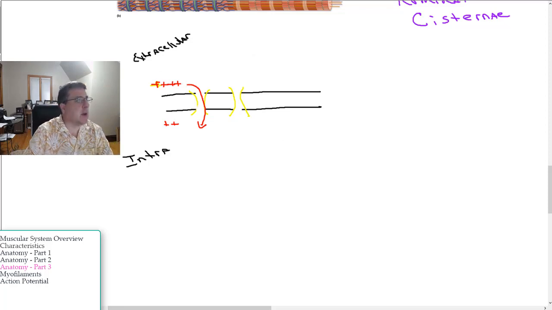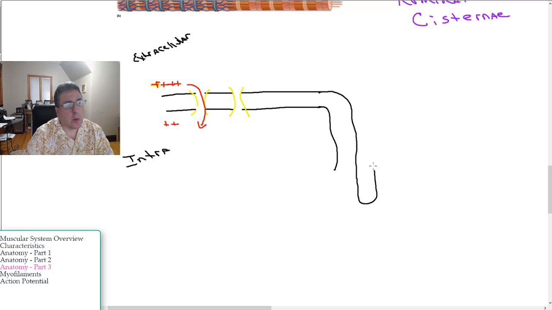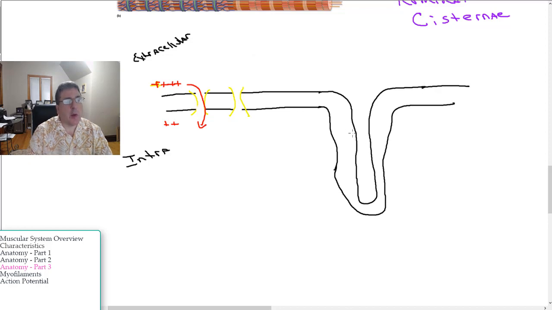Now let's add in really quick that T-tubule. So this is the T-tubule. Kind of a really bad view of this, okay? But we also have gates down here. We're going to have gates on both sides, okay? So when this charge, we're doing the charge in red, moves in this direction, it's going to go down the T-tubule,